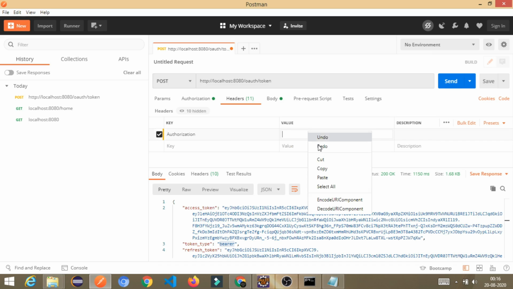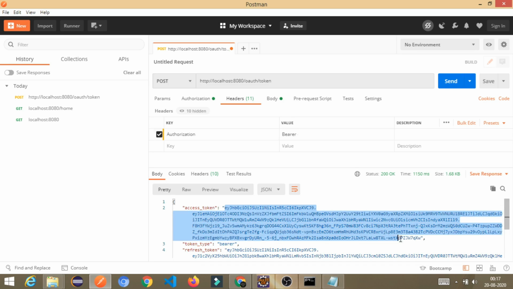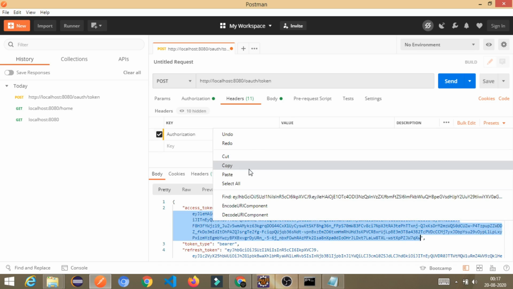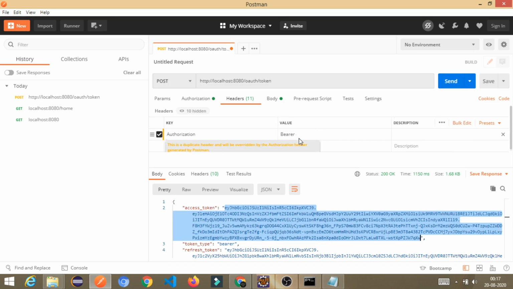In that you have to paste this bearer word, and make the first letter capital. Now give a space. Now just copy this, between the double quotes, and paste it here. After the bearer, give the space and then paste it.